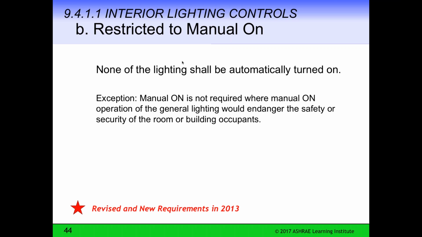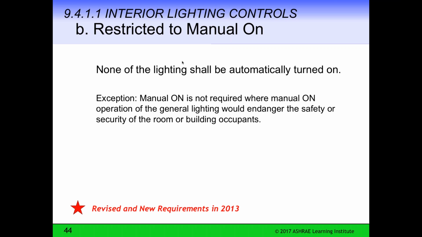the second control is an automatic control, and that is when you have turned the lights in a space off, either the night before or from an occupancy or vacancy sensor. When the lights are turned back on, you cannot turn any of the lighting on automatically. All of the lighting must be turned on manually.